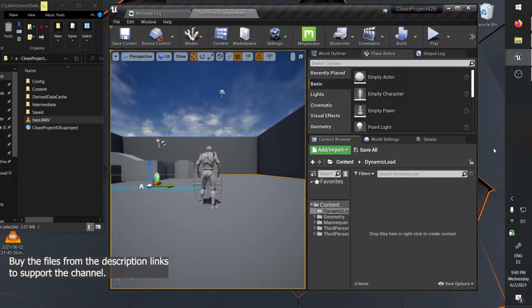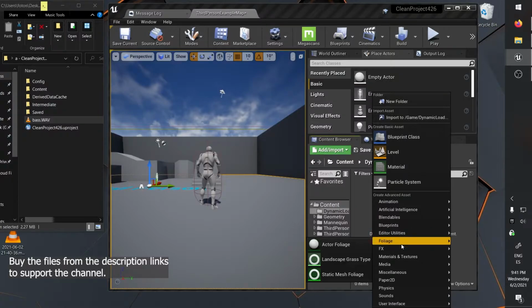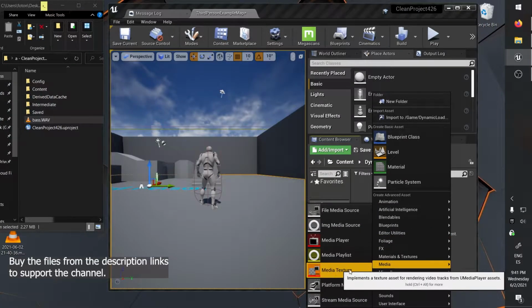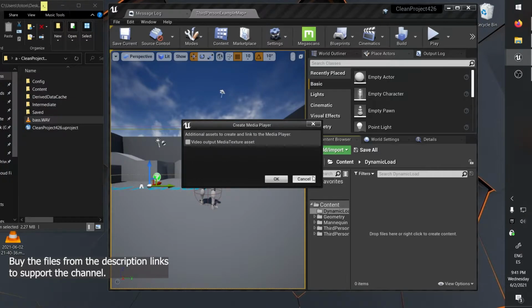Hello. So I thought I should create a tutorial for loading sounds dynamically into Unreal Engine because I was looking for this on YouTube. I couldn't find any specific tutorial that does this loading completely dynamically. They usually create a media player in here like this, and then they just instance another component and all that stuff. But I thought it would be nice to do it a bit more dynamically and show you how